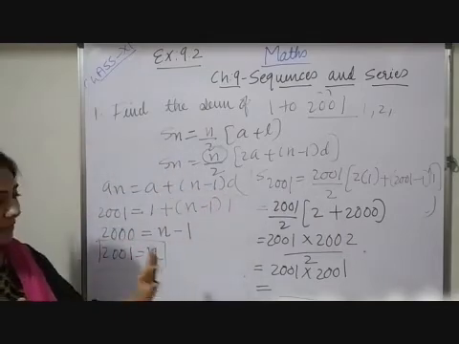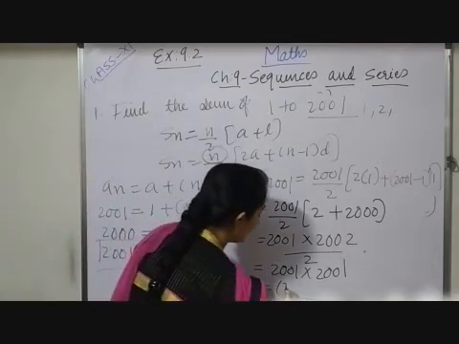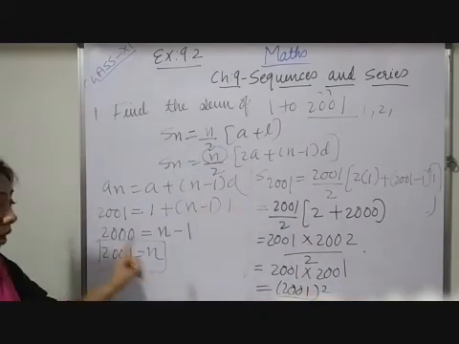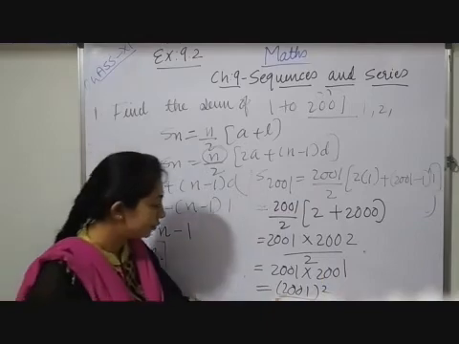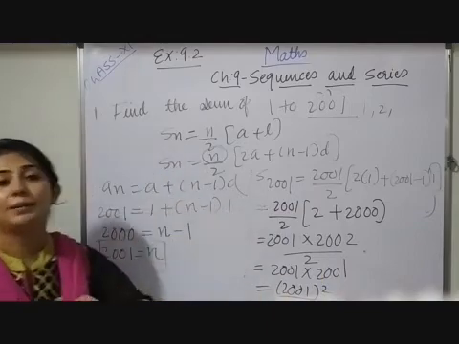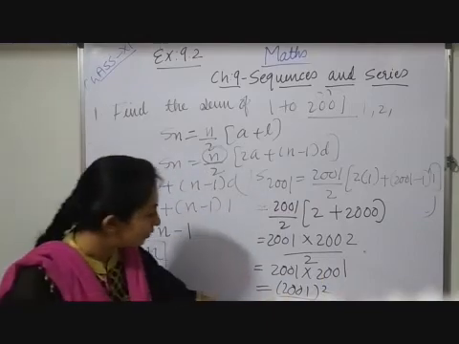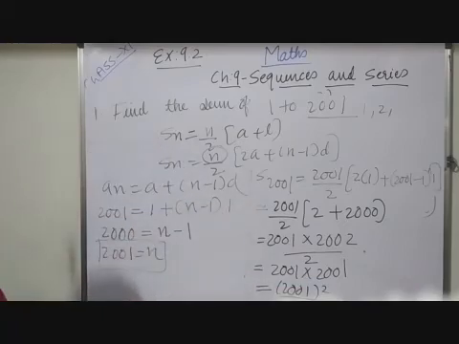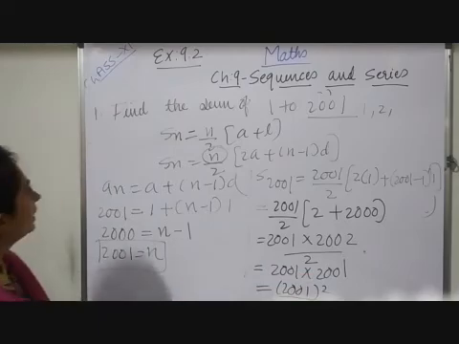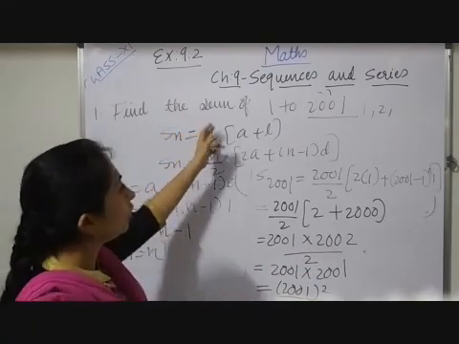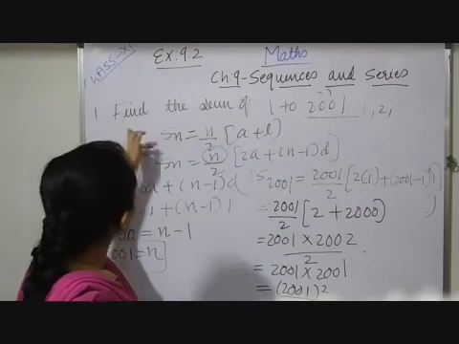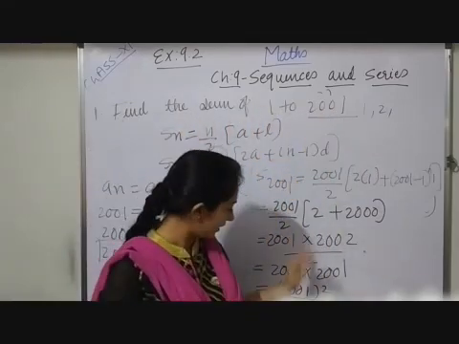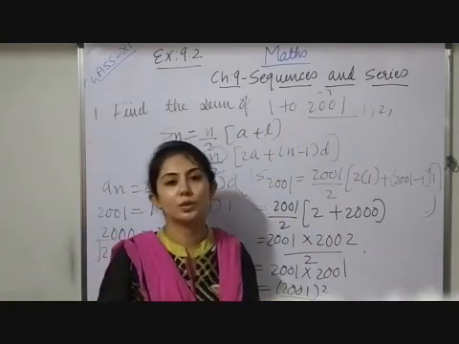If you want to keep this answer as it is, you can, because it is 2001 whole square, and multiplying four digits together is tedious. Or in place of that, I can write 2000 plus 1 whole square, apply the (a plus b) whole square identity, and get its answer. Here the same terms are repeating, so you get this answer. Don't get confused: in the textbook the question is to find the sum of odd integers, and here I have written find the sum of integers. In place of odd I have taken all integers, so you get a different answer. I hope this question is understood.